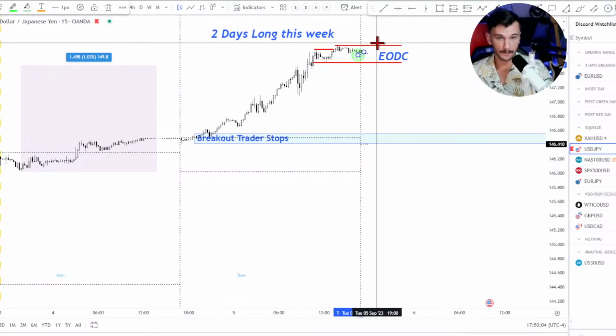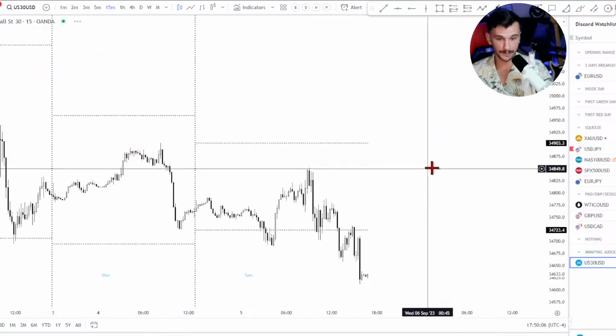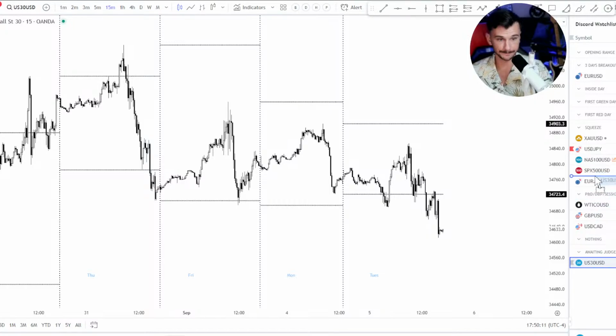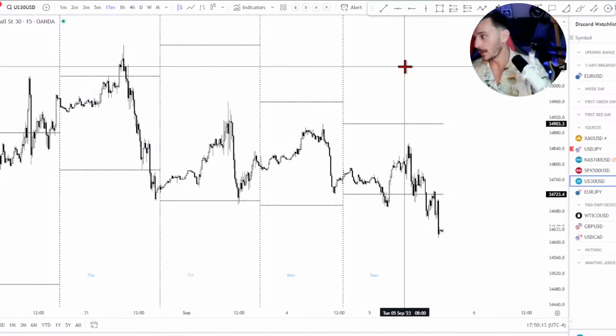And I'm going to talk about something real quick after I get through US 30. I'm not even going to bother. It's just going to go up with all the other indexes, all right? Okay, so value, right? I tried to give you all a little bit of value at the beginning because everyone asked me about these indicators.